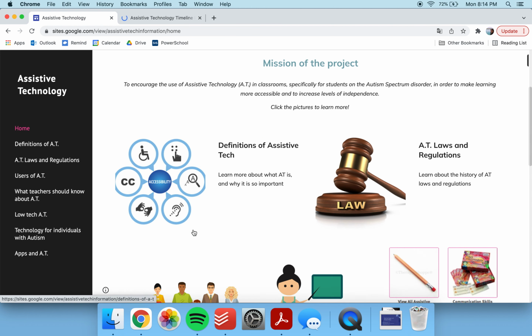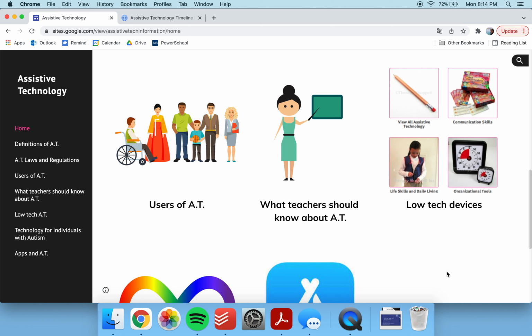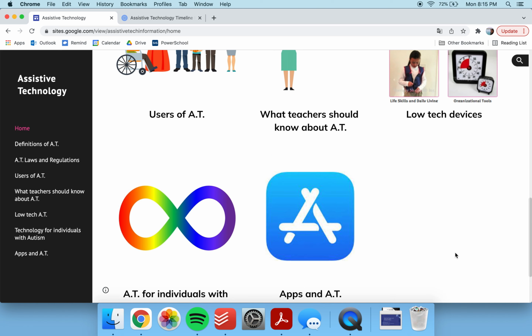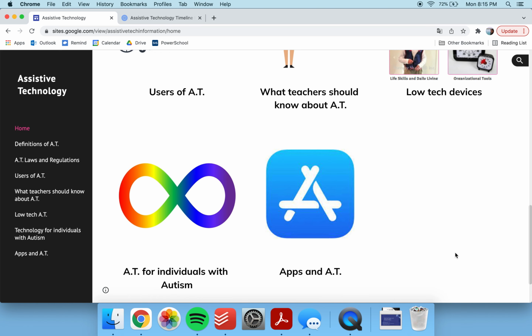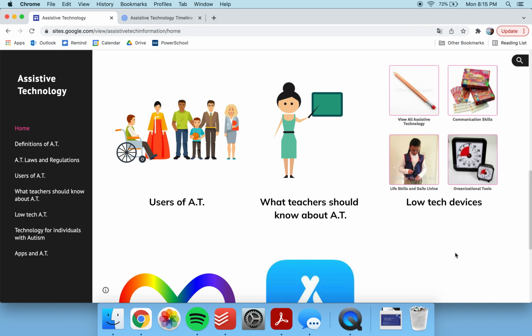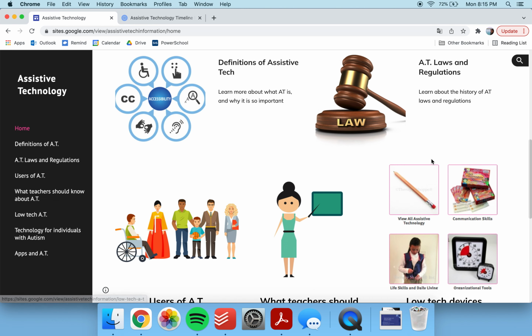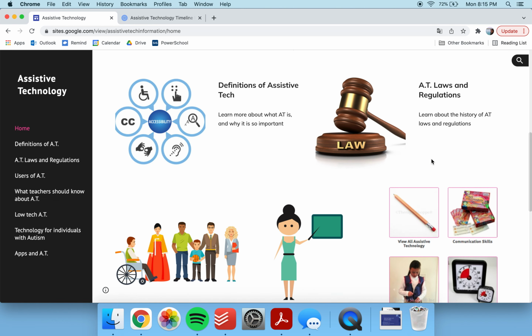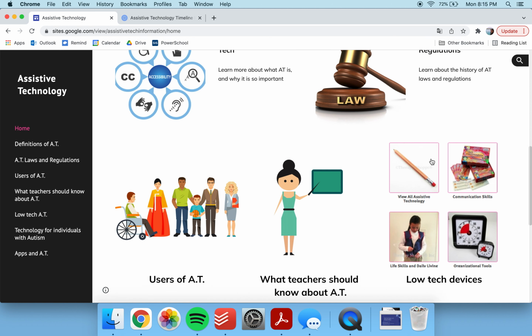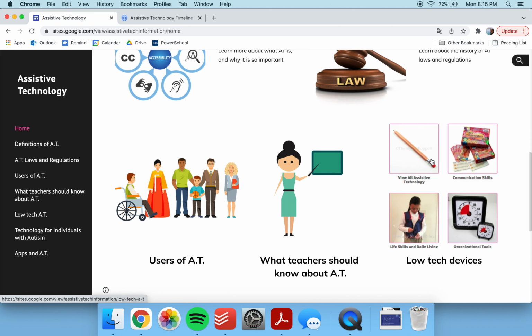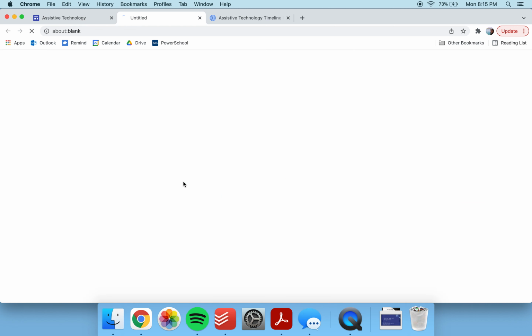And then the 5 areas that I chose to focus on are users of AT, what teachers should know about AT, low-tech devices, AT for individuals with autism, and apps in AT. I'm a kindergarten special education teacher for students on the autism spectrum, and I designed this website with my coworkers in mind. Within my district, we have a pre-K to post-grad program, so I intend to share this website with those fellow teachers. So starting with users of AT,